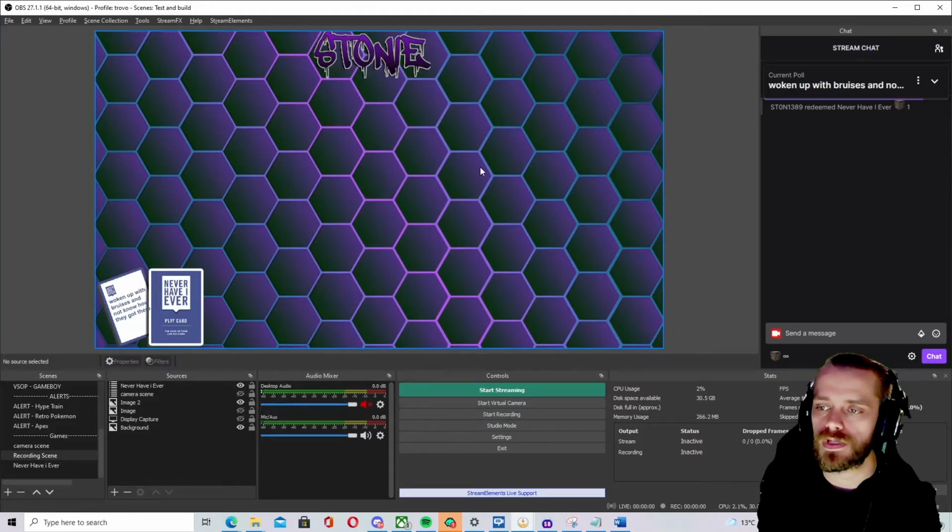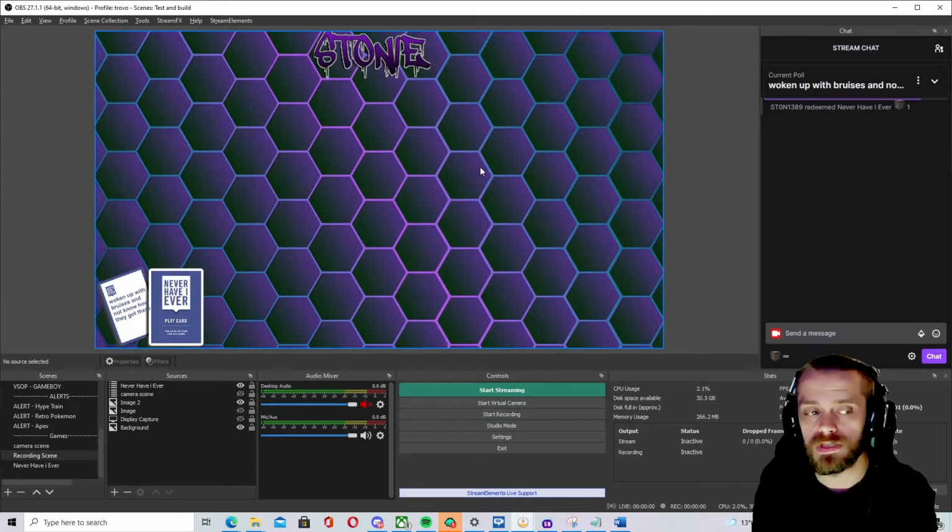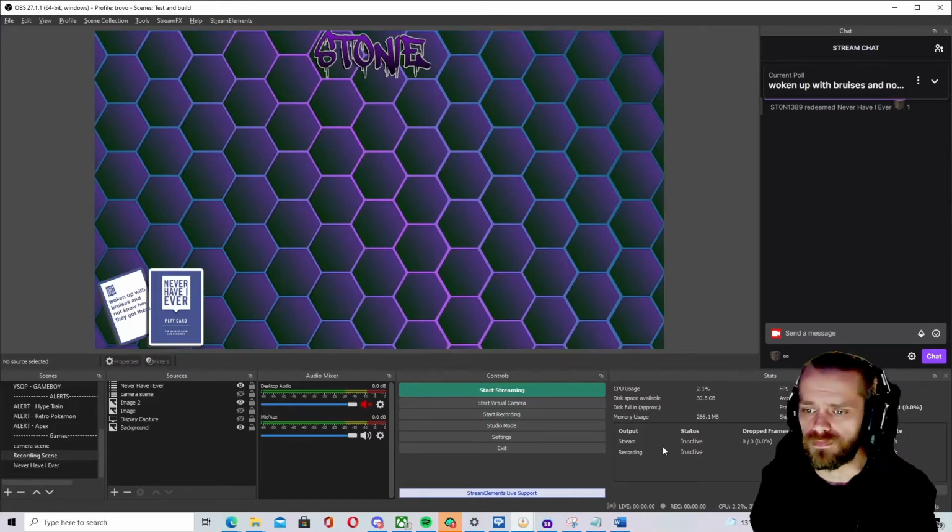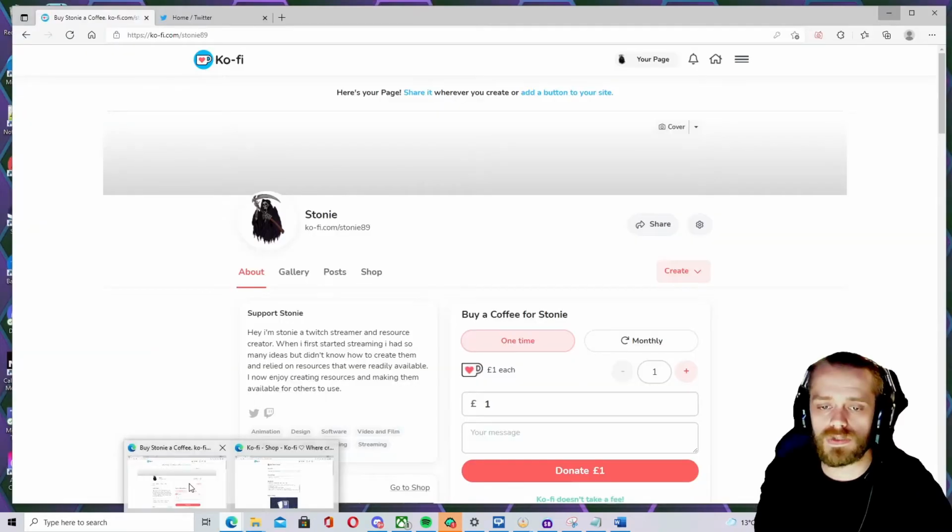There's a few things you need. First of all, you need to be using OBS Studio. It only works in OBS Studio at the moment. You also need to be using Streambot and you need a couple of OBS plugins as well. So we'll show you how to get that first and then we'll run you through how to get this all set up. First of all, I'm just going to get this from my Ko-fi